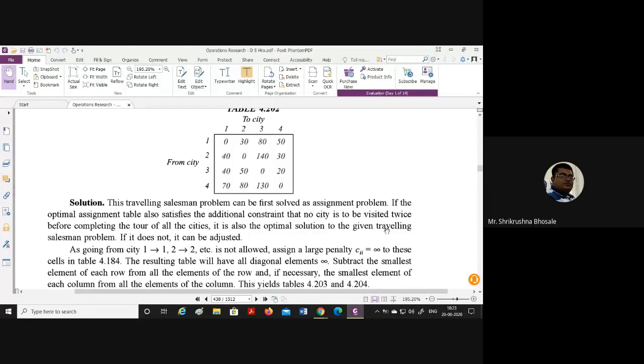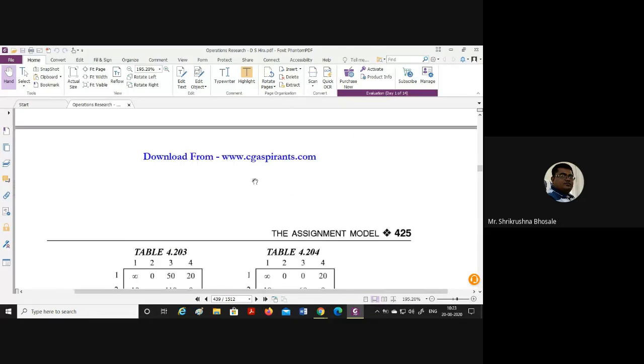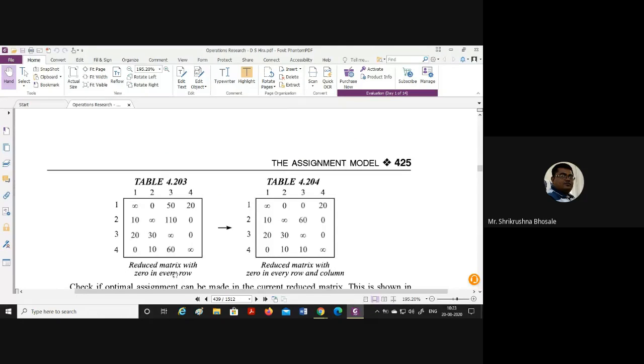Okay, so if you make this particular change in the table, your given problem changes this way. So at the zero condition, that means whatever the distance or cost is from city 1 to 1, here I have put infinity. That means that cost is unknown to me. What is the cost required, or that is a bigger cost.